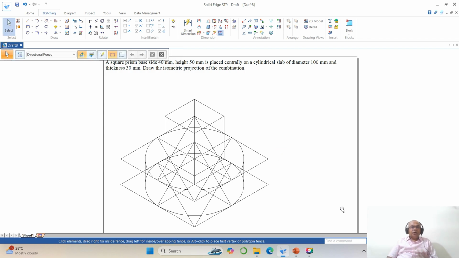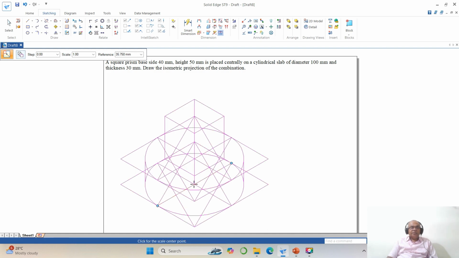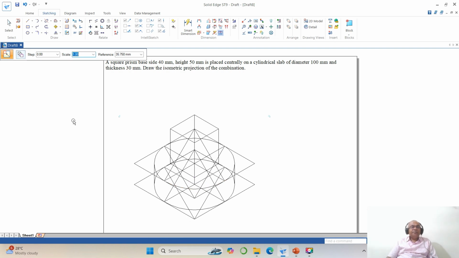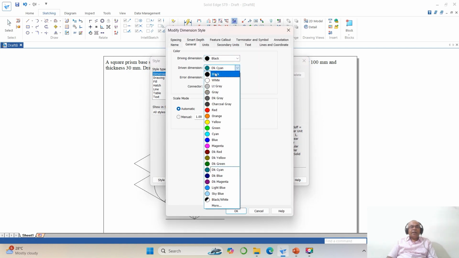Okay, so now we have the drawing which has been placed. Go to scale, take this entire drawing, take endpoint, or you take this as the midpoint, make it 0.816, you reduce it. So go to line, take endpoint and draw one horizontal line, and you go to this, go to extend to next, select this and then delete this. Now you go for format, modify, general, make it black,